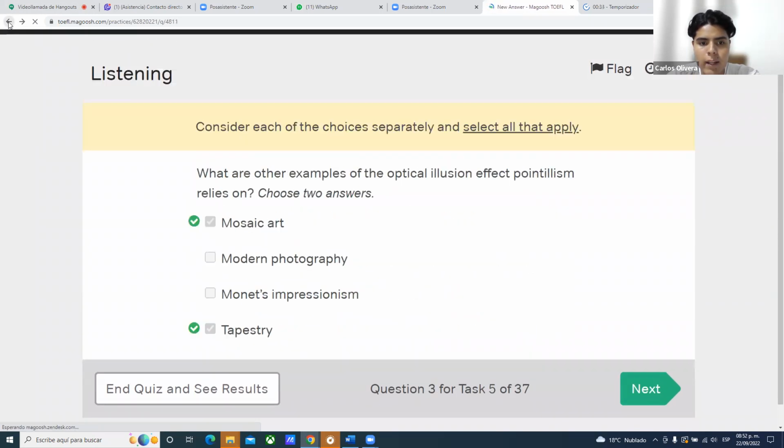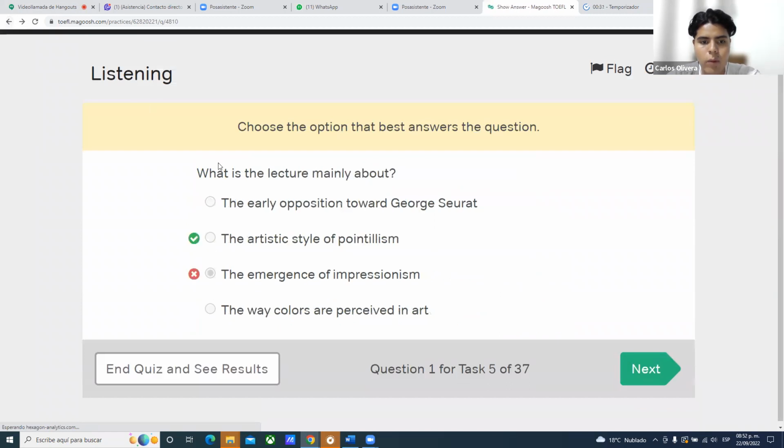All right, let's come back. Okay, there we are. So what is the lecture mainly about? In this case, the lecture is mainly about the artistic style of pointillism. Now, why is this the correct answer? Because the emergence of Impressionism is actually not something that is mentioned in the lecture. If you listen to it, it talks about a particular part of the Impressionism movement, that is to say, pointillism. But